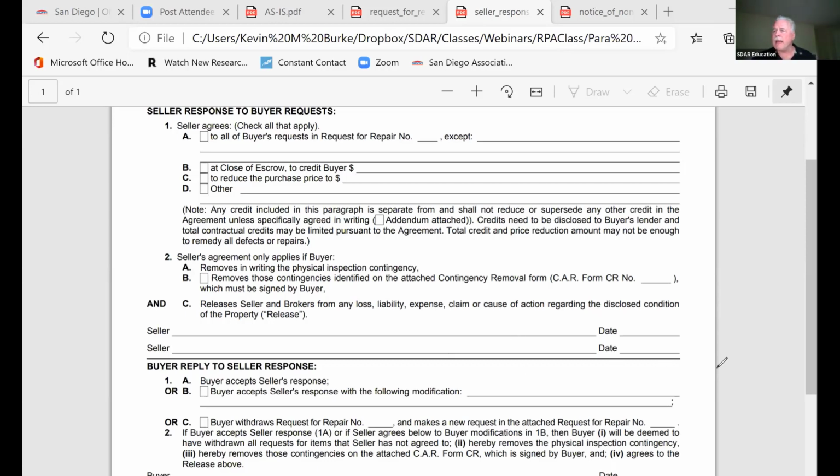All right, so now I'm back into my agreement. So we had our seller's response to the buyer's request. I'll do some, but not all. I'll give you a credit. I'll reduce the price, only under the condition that you remove your physical inspection contingency and, if I check the box, and/or you sign the enclosed contingency removal, which please remember